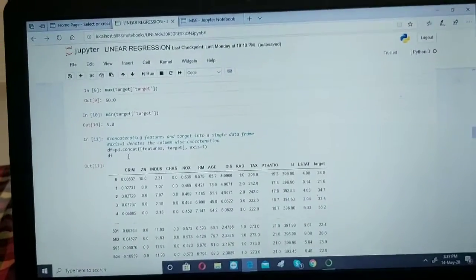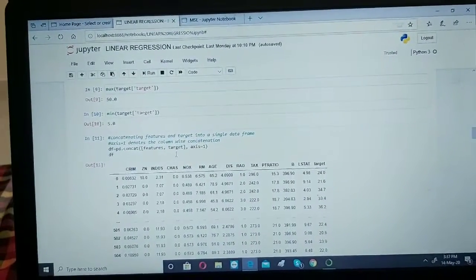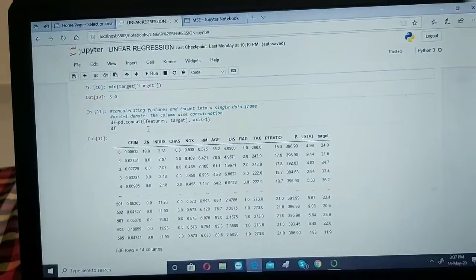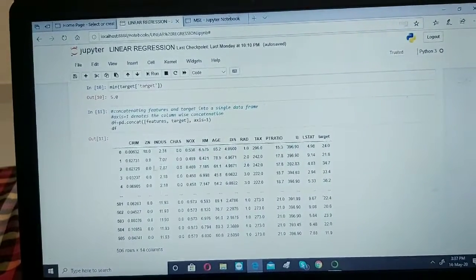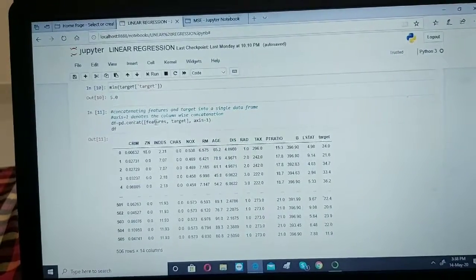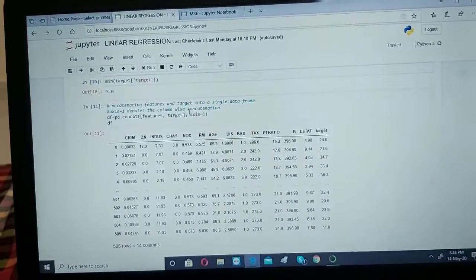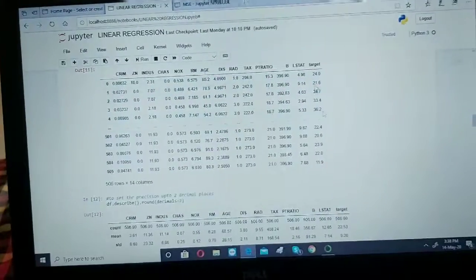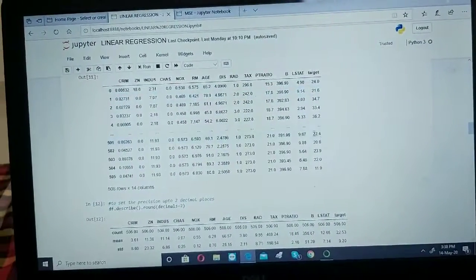Now the third step is to concatenate the features and target into a single data frame. Here we are concatenating the features and target where axis equals 1, which denotes column-wise concatenation. As you can see, the target is in the last column.